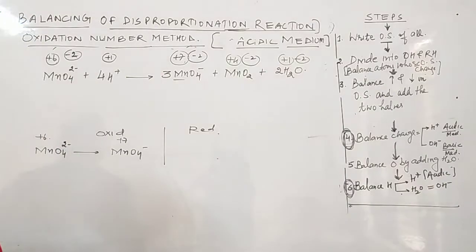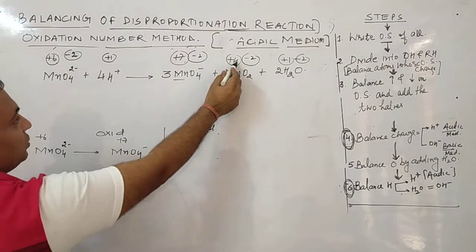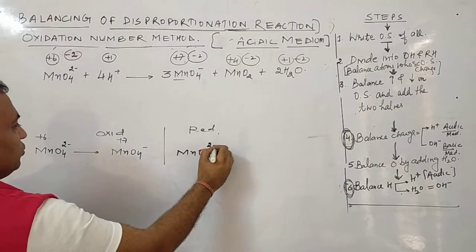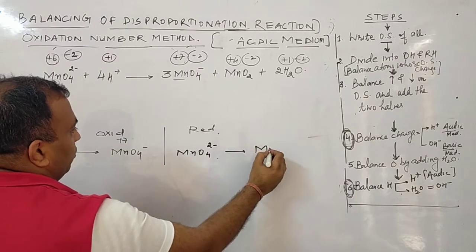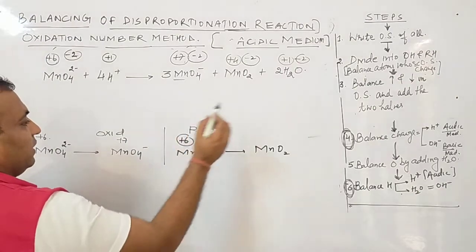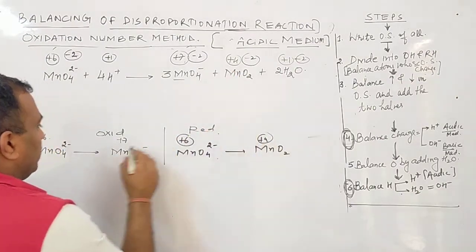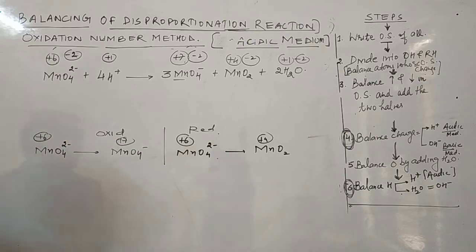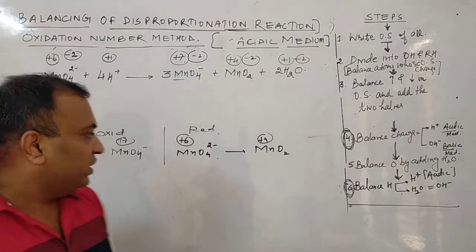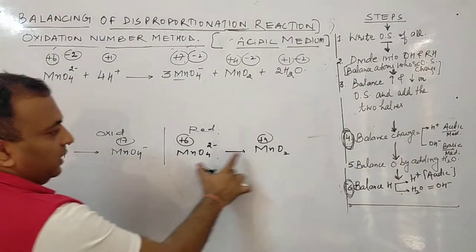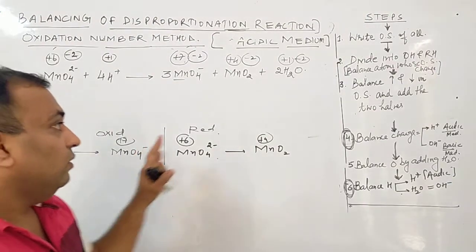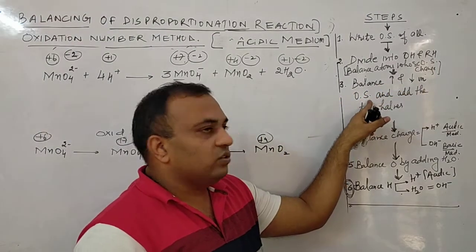So decrease will be now plus 6 to plus 4. So I will write MnO4 2 negative to MnO2. Just note down the state. Here the Mn is plus 6 and here the Mn is plus 4. So clear cut increase and decrease is in front of you. Next, I have to balance the atom whose oxidation state changes. So Mn, Mn, Mn and Mn, किसी की भी आपको balancing करने की जरूरत नहीं है. They are already balanced. Now balance increase and decrease in oxidation state.